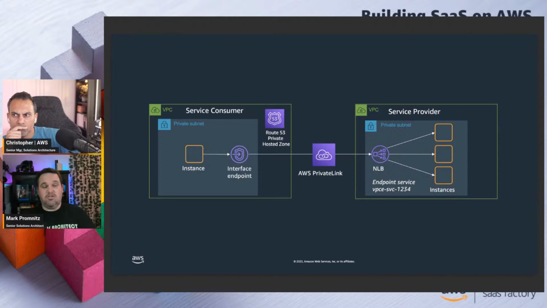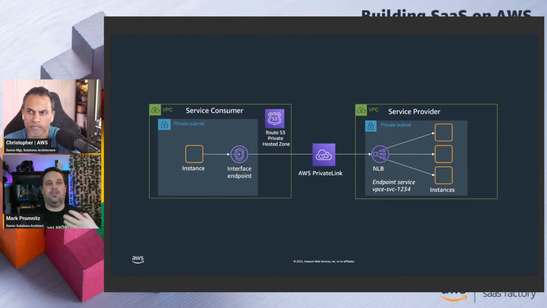So you're likely to have tenants in both camps. Let's be brutally honest. There'll be some that have an AWS presence and can absolutely drop the interface endpoint in and essentially away you go. There are others that won't, right? And then there's the case of, okay, how do we still support them? How do we still give them the best customer experience and enable that private connectivity for them? And that's one of those challenges, right?